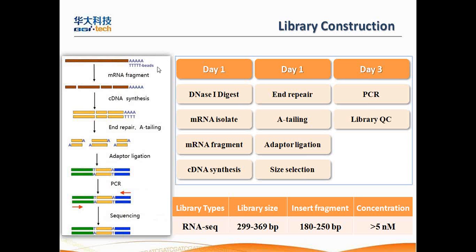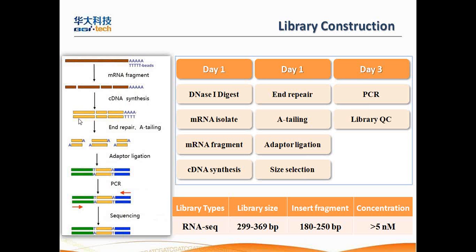So we can make use of this characteristic and use this poly-T bead to enrich all those mRNA, and then we will fragment the mRNA into pieces, and then we will use cDNA